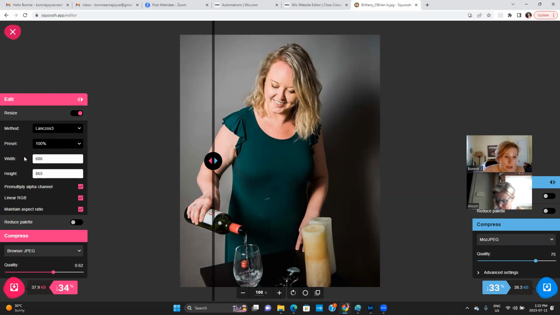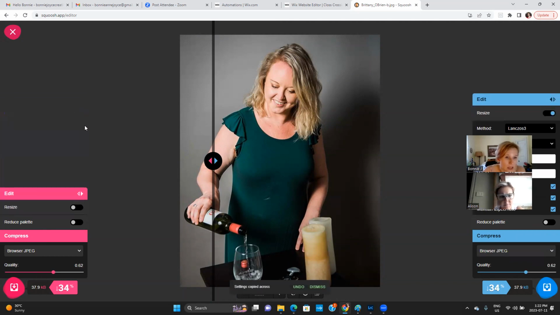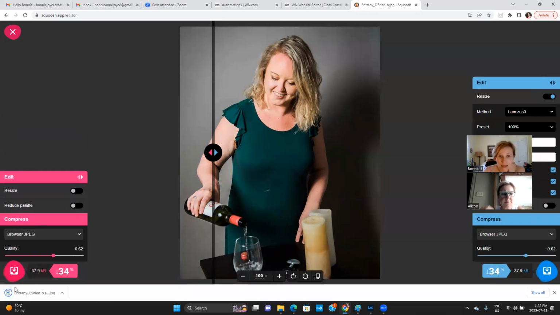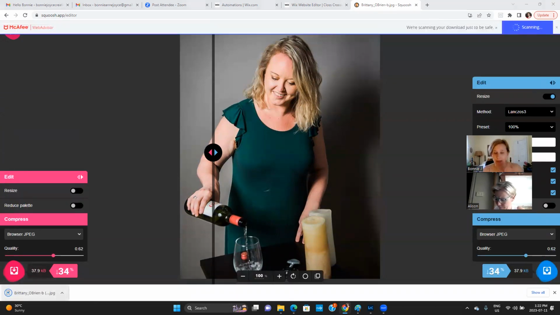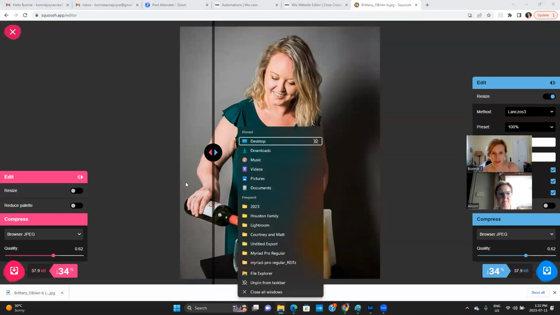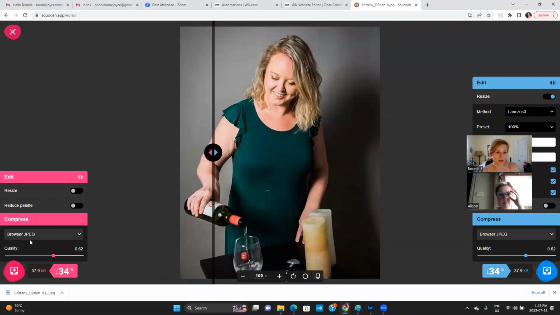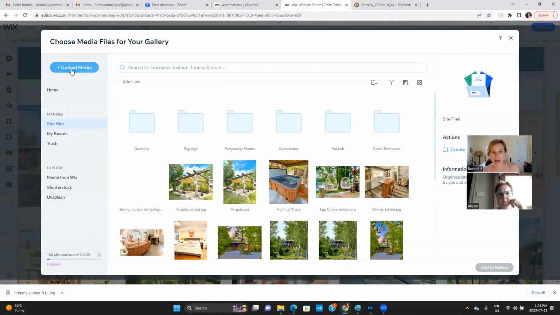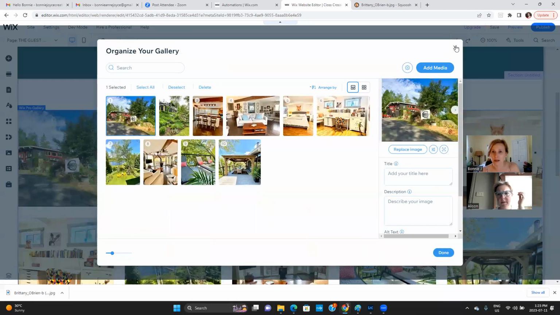Sorry, let me close this up. Once you've chosen browser JPEG, you just hit download and it downloads it in that smaller size. So again, just plunk the picture on the page, put it to browser JPEG and download. It's really quick. It will be in your downloads, and then when you go into Wix, upload the shrunk picture. Really easy, totally worth doing because it won't slow your site down.